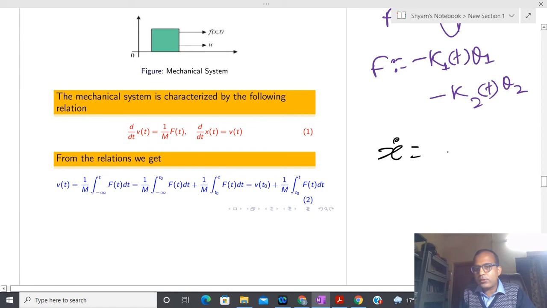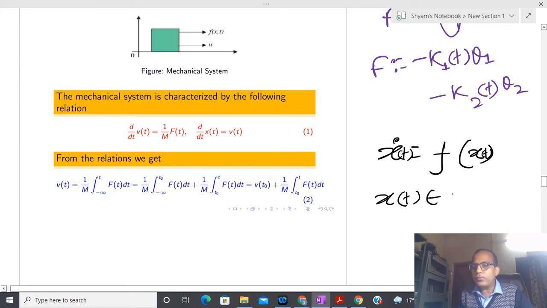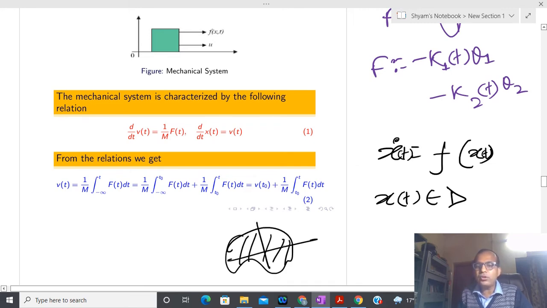x dot equal to f(x). Since here I am not writing t, it is not present here. Initially I write x belongs to Rn, but now that does not belong to Rn; it belongs to some D. D is some kind of space, I don't know what it is for a general system, and it is actually a subset of Rn. So you can see here that the subset notion also comes into the picture.